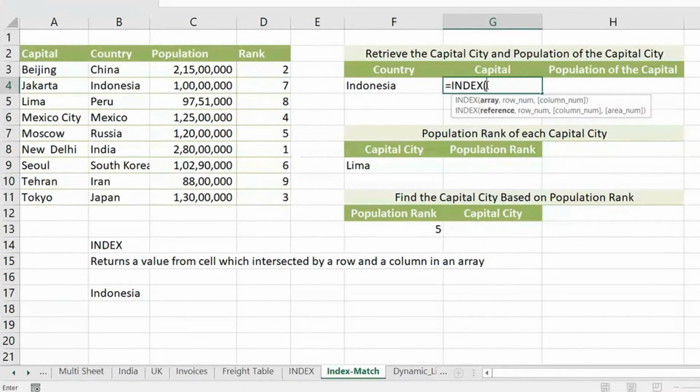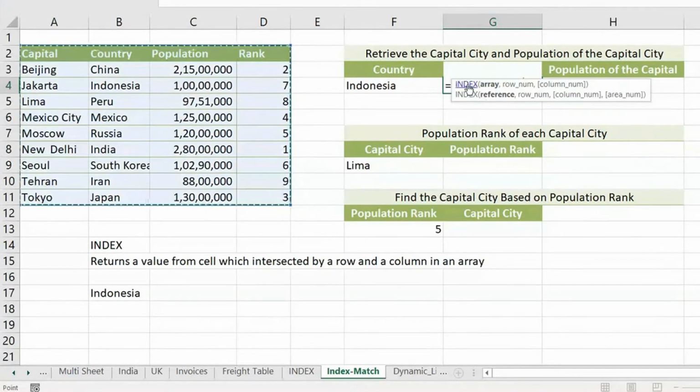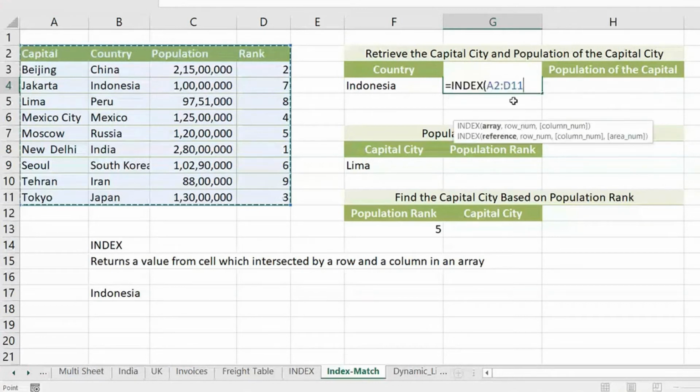I'll write equals INDEX. Array. The array is this full table, like we do in VLOOKUP. I'm giving the array here, but in VLOOKUP we give it as the second argument; in INDEX we give it at the beginning. Normally in VLOOKUP, when we pick a range, we are careful and always start from the country because I'm searching on country. If you are searching on capital, the array will go like this; if on population, like this. Here, don't bother about it. Take the full table. Or you can also take one column as well. I'll show you that as well. That's a simpler approach of INDEX, and I'll come back to that.